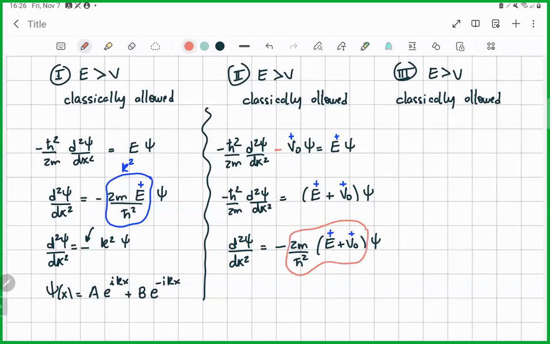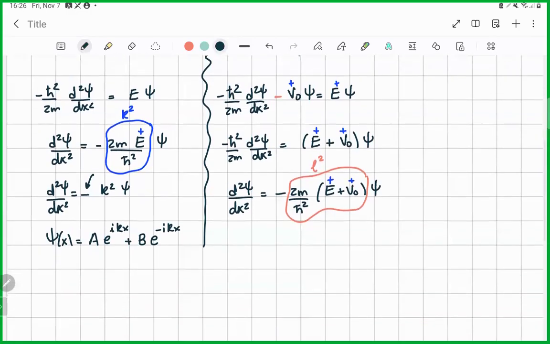And now to distinguish from the K that we used before, no, the K only had energy. I'm going to give it a different name because here I have energy and V naught. So I'm going to call this now L square. Yeah? All right, so now we have our equation